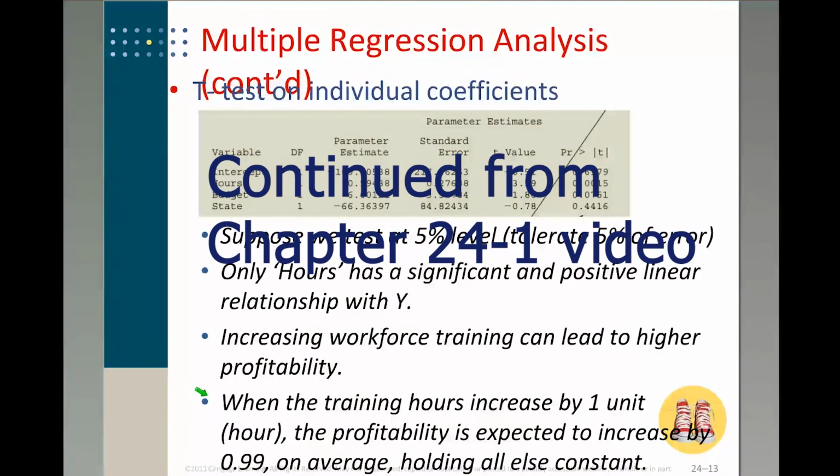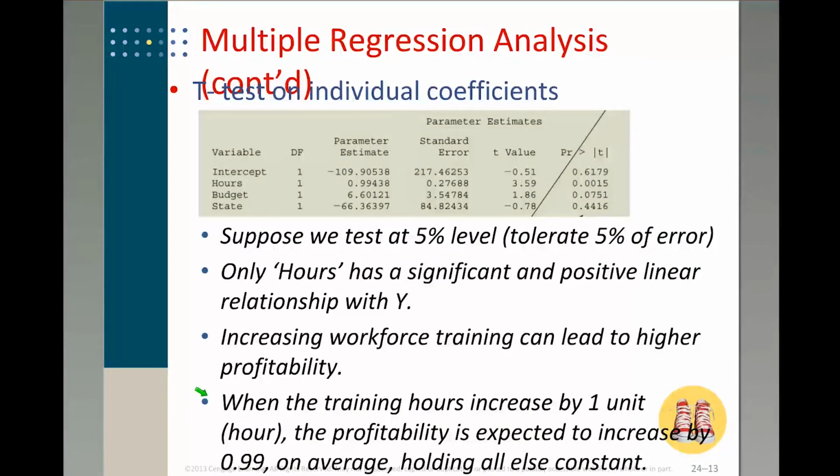So let's take a look at, for our case, what happened. We are interested in testing the coefficient for these three variables: hours, budget, and state. If I can write it, beta 1 is the coefficient that corresponds to hours, beta 2 is the coefficient that corresponds to budget, and beta 3 is the coefficient that corresponds to state. And right now we want to conduct the t-test on these individual betas to find out whether